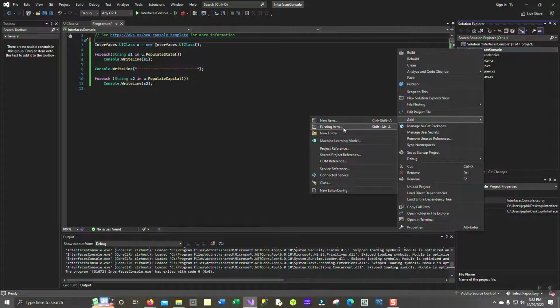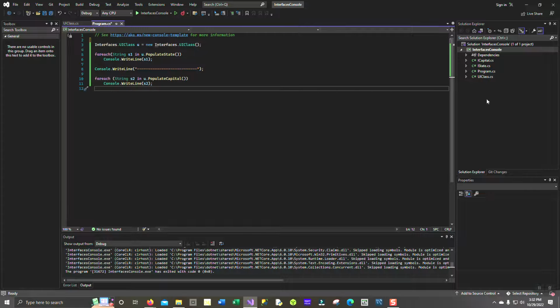existing items. Okay, so existing item from any other class that you want to be using. If you're using class libraries, if you know what those are, they're pre-compiled items that you can add in. I don't want to go into that right now. That's another whole topic. But you add in the user interface class, do your interfaces first, so